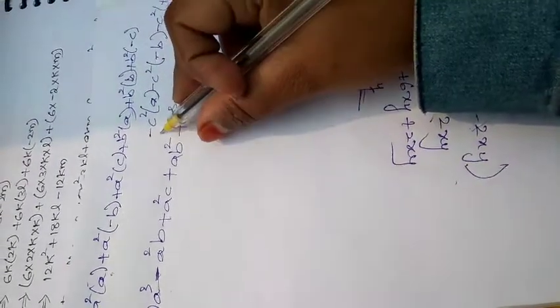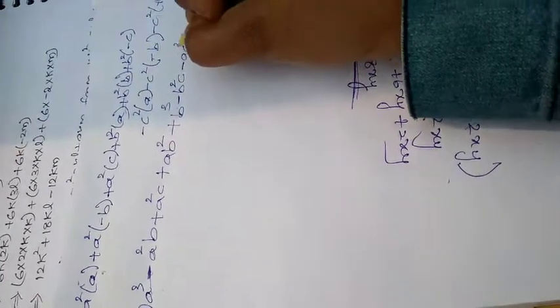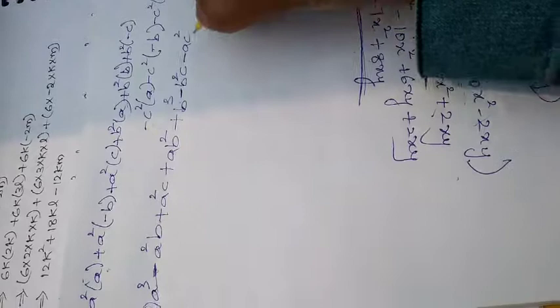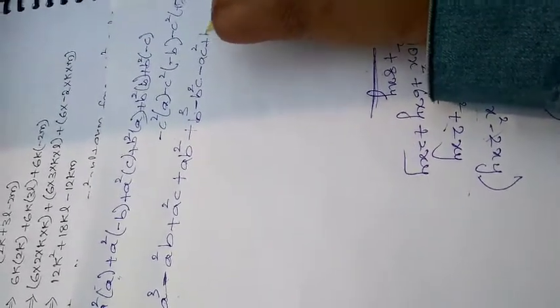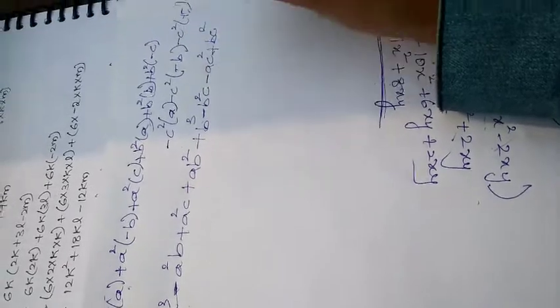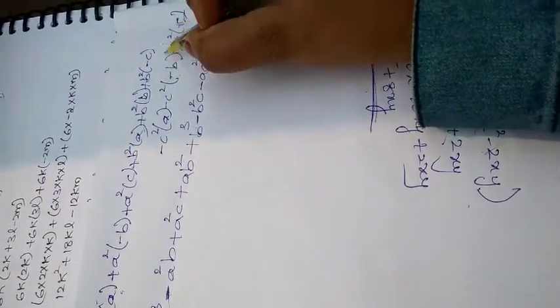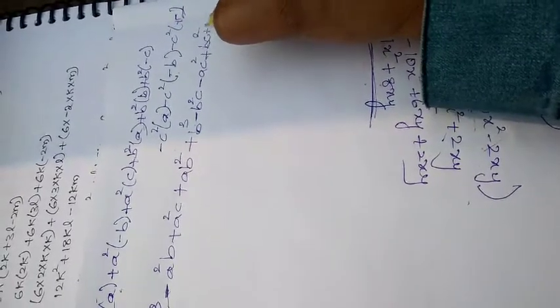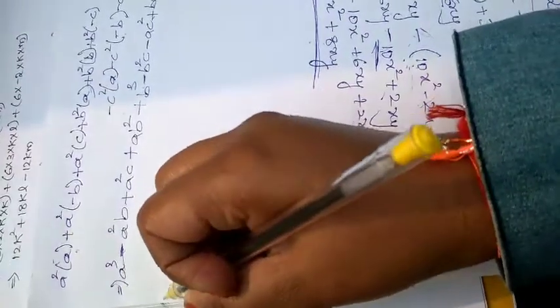Right? Now this one minus c square into a, it will be minus a c square. You can write c square a or a c square, both are same. Now next minus into minus plus c square b means b c square, or you can write c square b also. Minus c square into, this is c, right? Okay, minus into minus plus c square into c is c cube. Okay, now we'll write in the standard form.